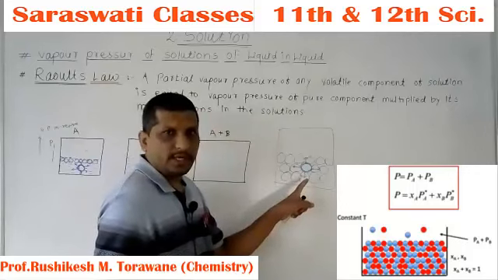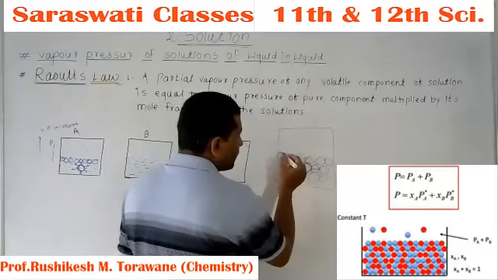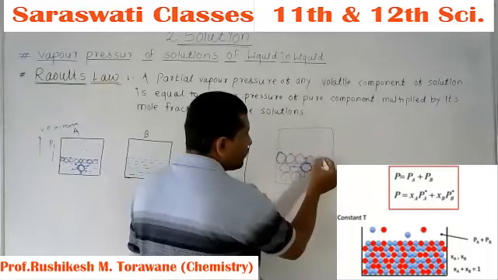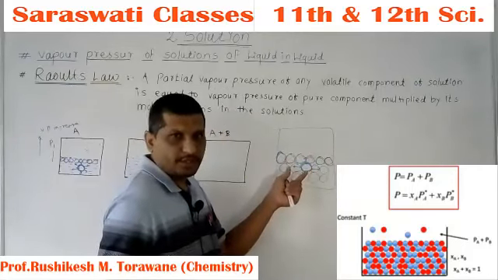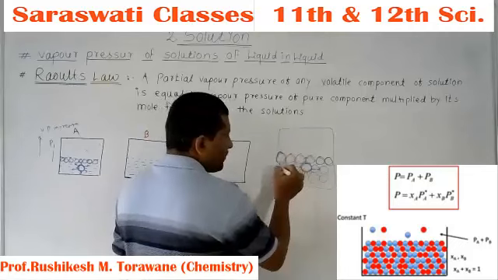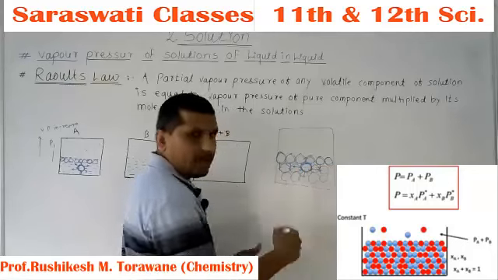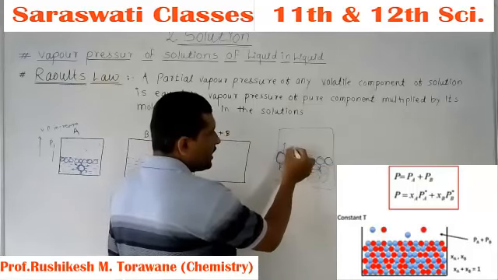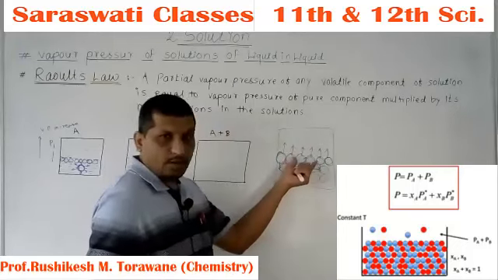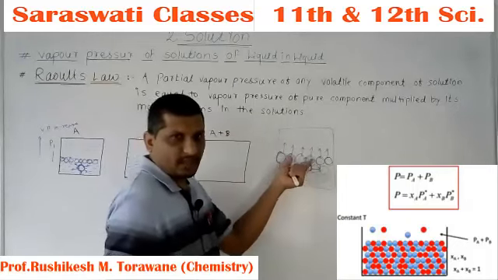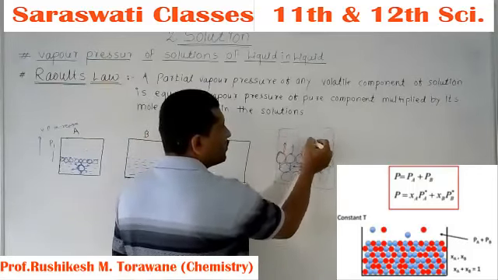Hence the intermolecular force of attraction is higher inside, but for the upper layer, these molecules of the liquid do not have much force of interaction with each other. Hence they can interact in the lower direction only. In the upward direction they are very easily evolved, so this outer layer of the liquid surface is easily evaporated, mostly evaporated.